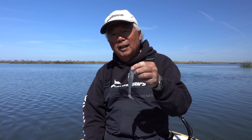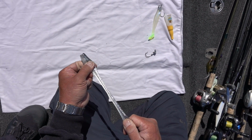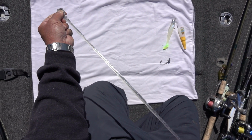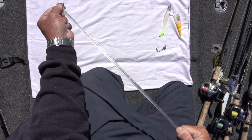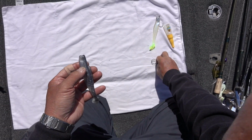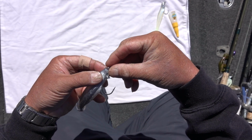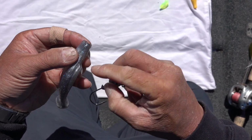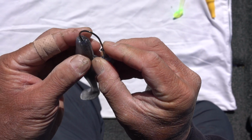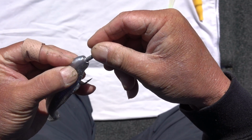So here I'm gonna show you how to put the hook in this thing. So basically what I'm doing is I'm gonna relax the plastic, so I just stretch it. You can't break it. So see, I'm pulling it, and then that relaxes it. So then after that, I'm gonna take my jig head, hold it upright, and the same thing. So I'm gonna measure here, so that hook's gonna come out right by that fin right there. Go right in the center, and then one push, and then out. And then like that,